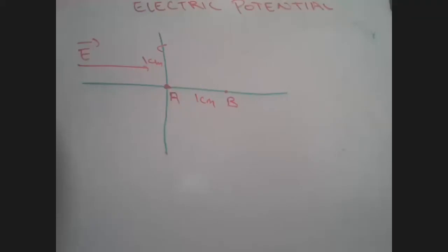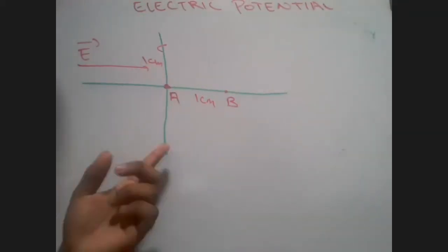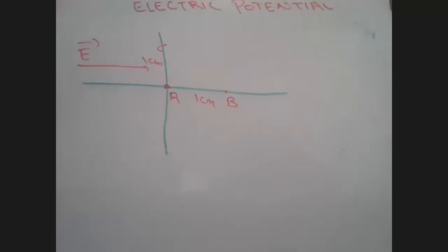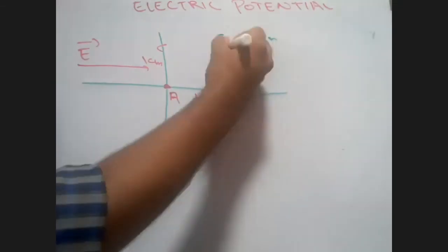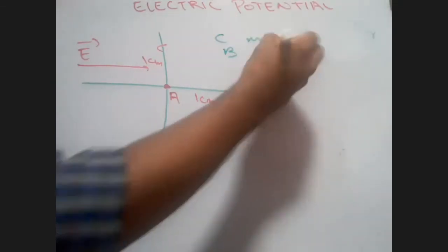Tell me one thing. Whose potential is going to be greater than whose? Can you tell me at which point the potential is the maximum, and at which point the potential will be the minimum or constant? Sir, at A it is maximum. Minimum at C and maximum at B. Okay. Any other answers? Some are saying C is minimum and maximum is B. Okay. Anyone else?